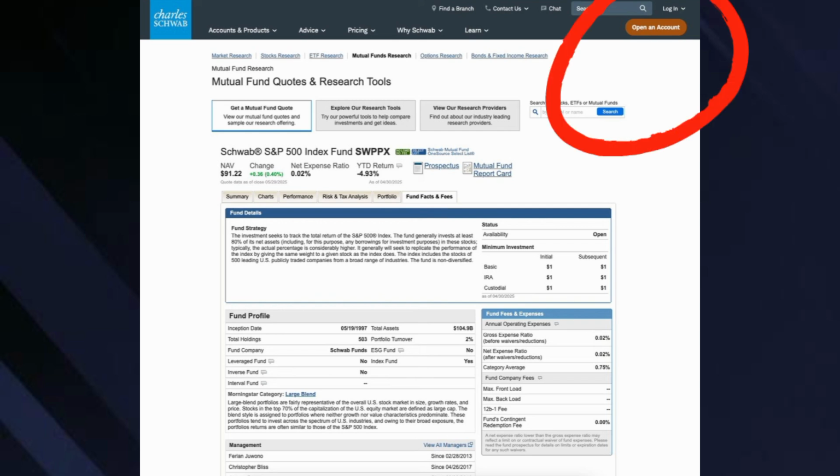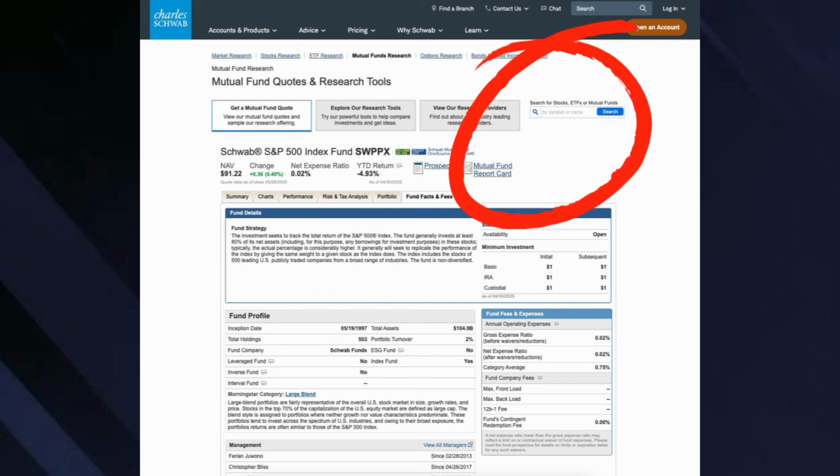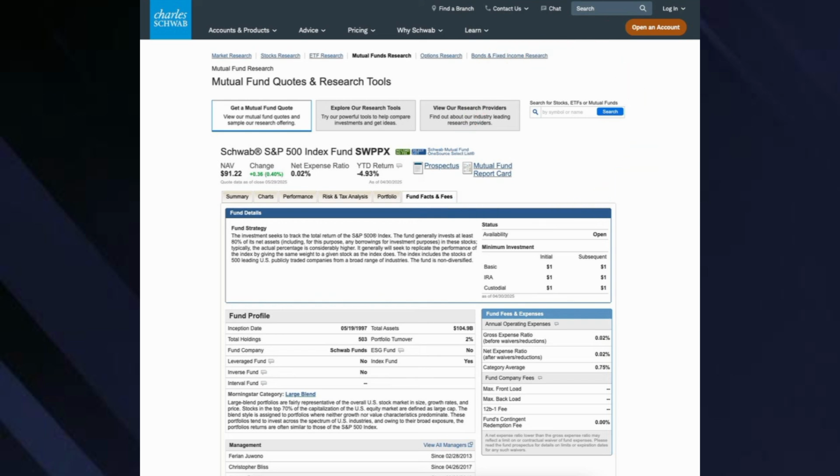First, open a Charles Schwab brokerage account if you don't already have one, and make sure you fund it with money you want to invest. Log in to your Schwab account and go to the Trade section. In the search bar, type the fund you're looking for. For example, Schwab Popular Option is the Schwab S&P 500 Index Fund, or you can choose the ETF version